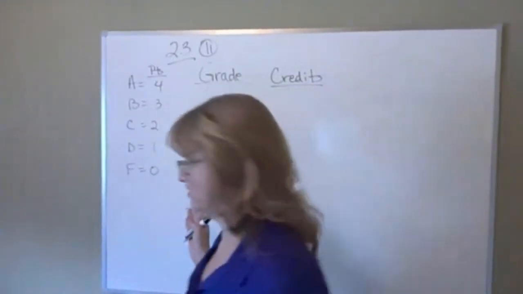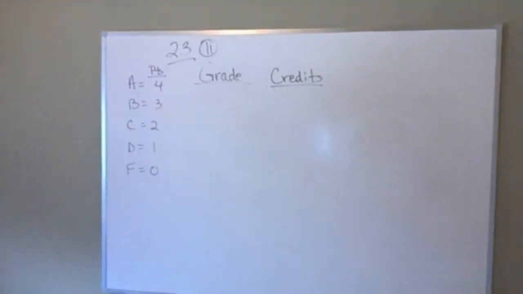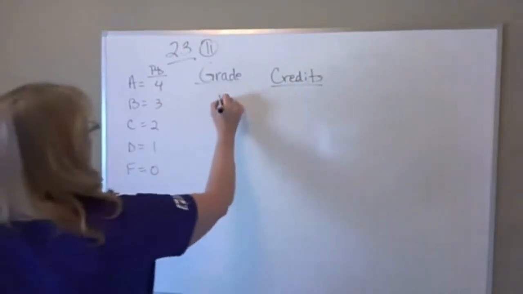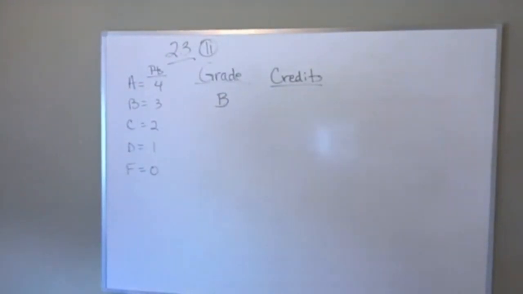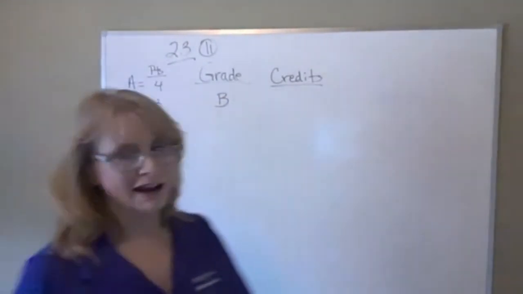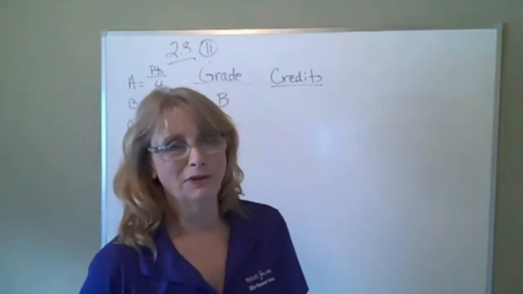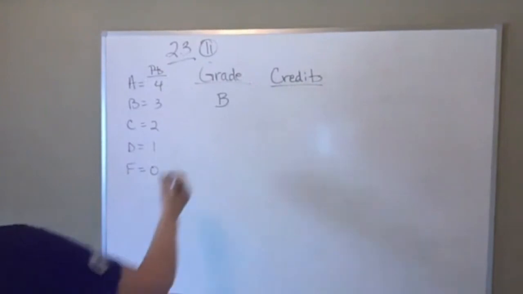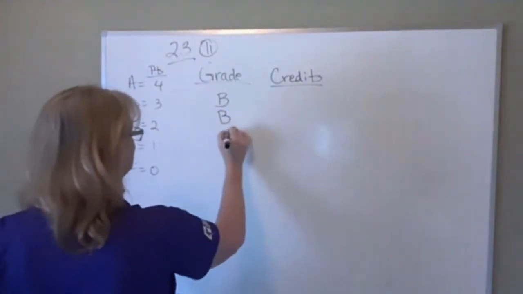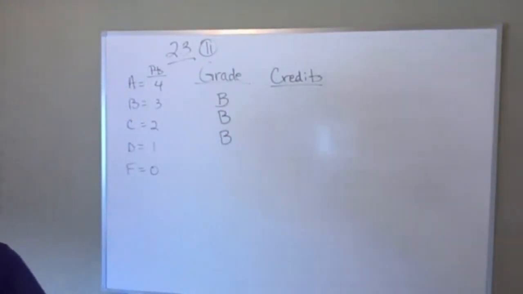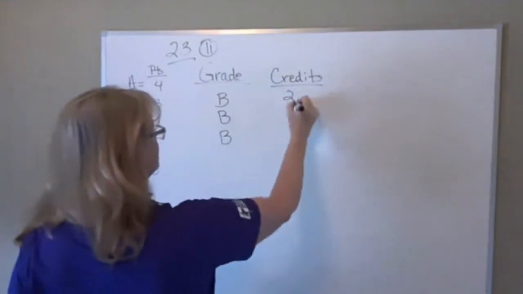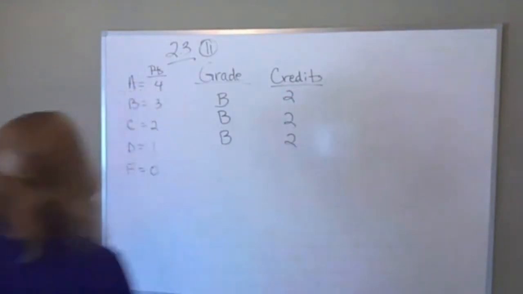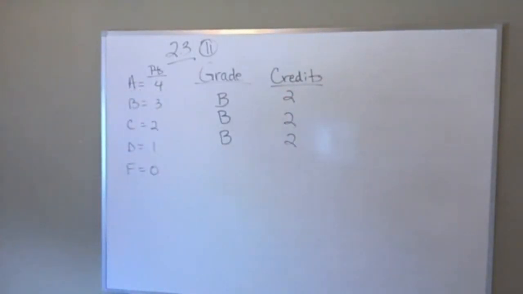And that's the way our grade point system at TCC is. Most schools have this grade point system. It says, what is the student's weighted mean? So look at the first thing. Mine says they made a B in 3 2-credit classes. That's why you have to be careful with this. A B in 3 2-credit classes. That's actually 3 classes. That's 3 Bs, and each of them were 2 credits. So that's what I think is tricky about this.